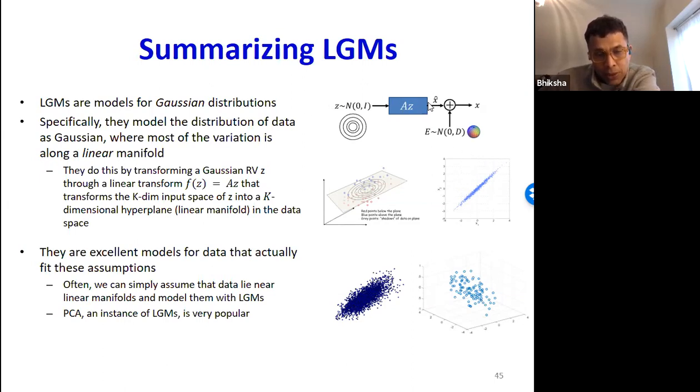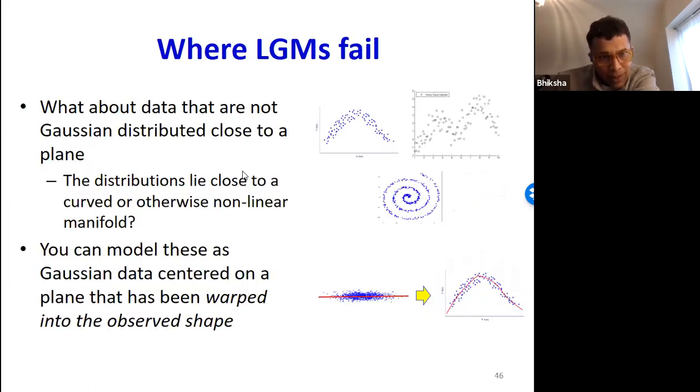And for that we use this generative model, where we take a Gaussian step on the subspace and then add some Gaussian noise. This business of taking a Gaussian step on the subspace is instead achieved by transforming an isotropic Gaussian through a linear transform and then adding noise. So this is the generative model for this data. And the parameters of the model are A and D. And you can estimate them using maximum likelihood. Right? It models Gaussians.